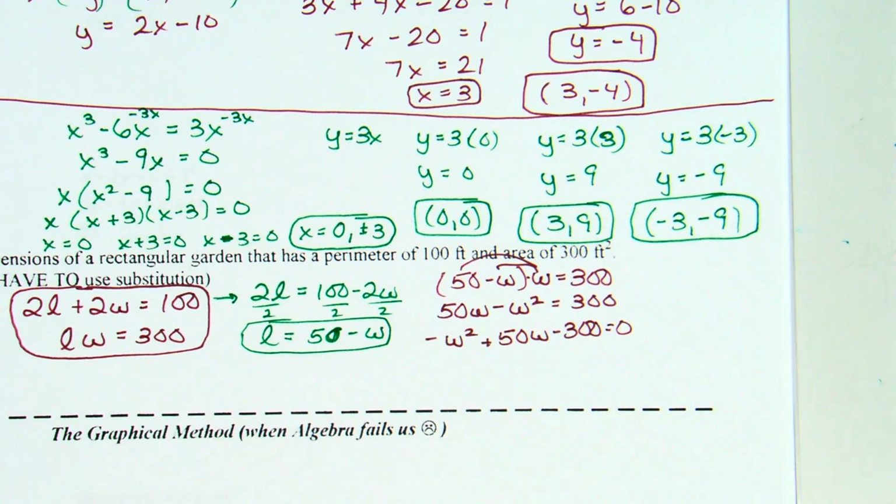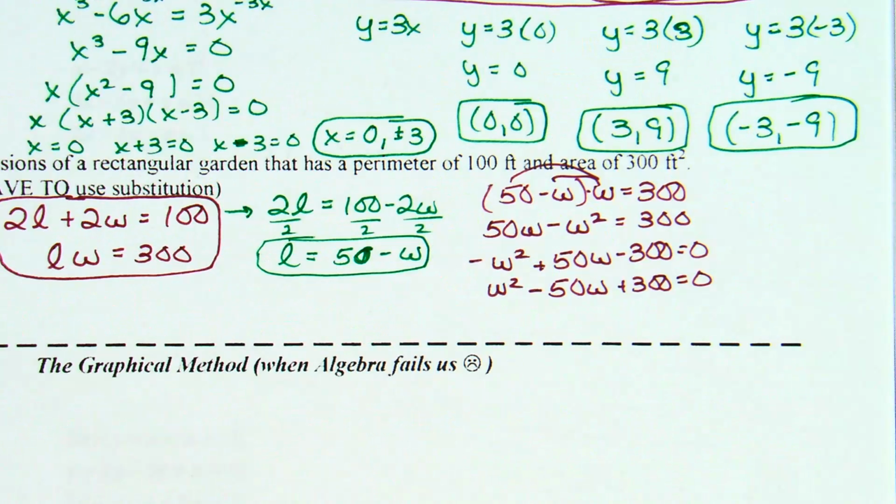If you really want to, 1 and 300, this is what I do if it's not obvious to me. 2 and 150, 3 and 100, 4 and 75, okay. 5 and 60, 6 and 50,